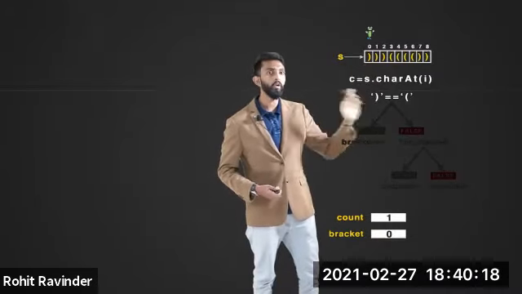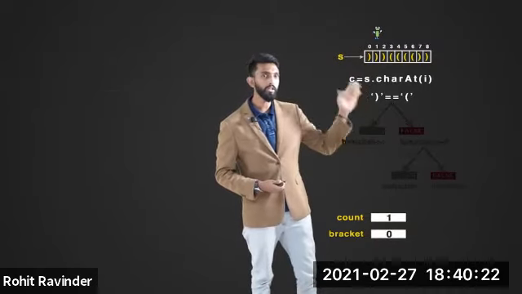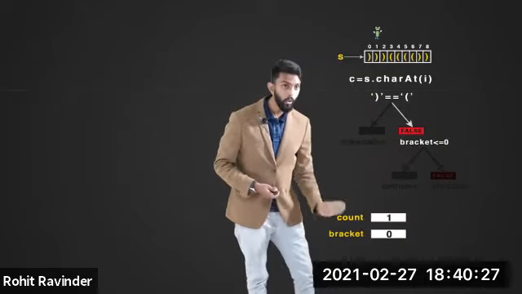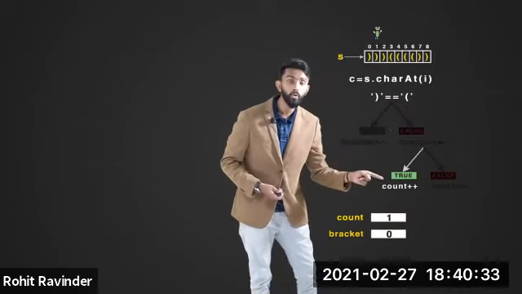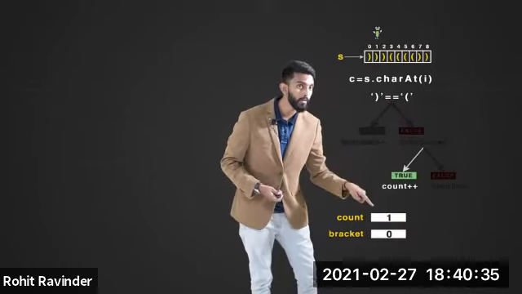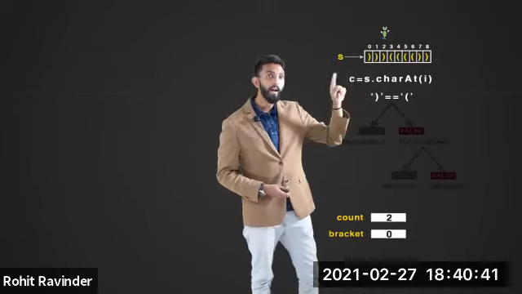Similarly, proceed to your next iteration. In the next iteration also, you are going to get the same bracket only, closing. Is closing equal to opening? No. No means I'm just moving the value of i forward. Check this condition. Obviously, this condition is going to be false. Check if in case there was an opening bracket, no opening bracket. That is why it will be less than equal to 0, which means this condition is true. If it is true, it means it is an imbalanced bracket. Increment the value of count by 1. It becomes 2.